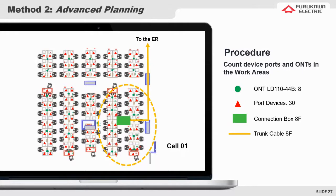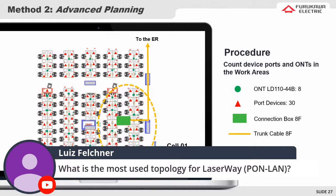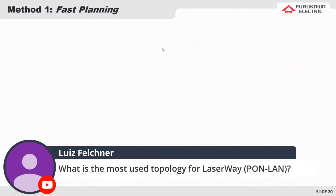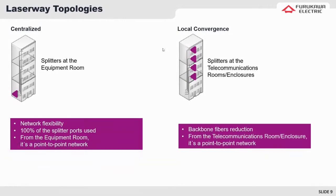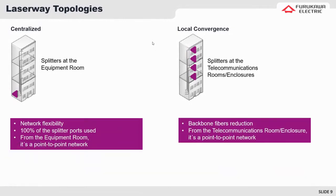Thank you, Talita. The next question from Luis is, what is the most used topology for Laserway? Okay, so taking those two possibilities, local convergence and centralized, it depends on the quantities of ONTs that we have implemented. If you have around 32 ONTs implemented per floor, or a quantity that is a multiple of 32, local convergence topology is interesting